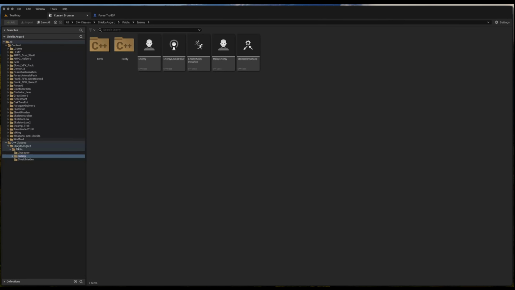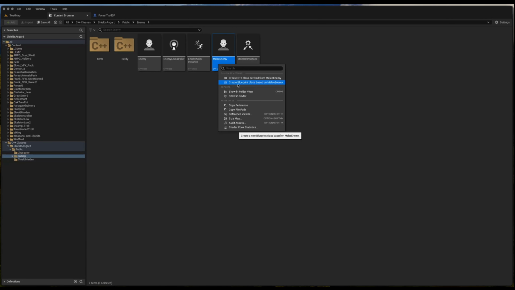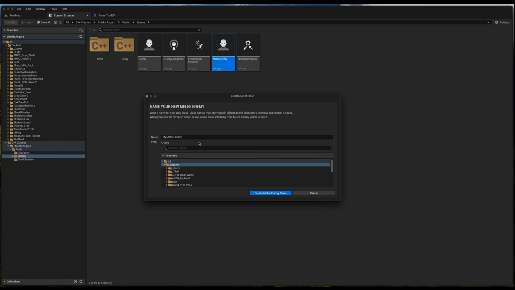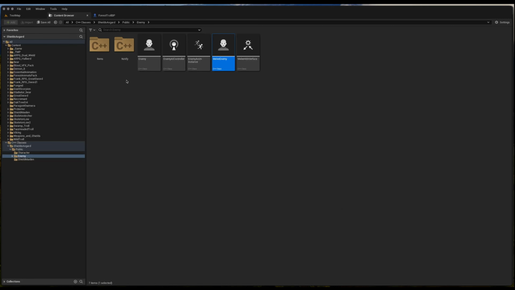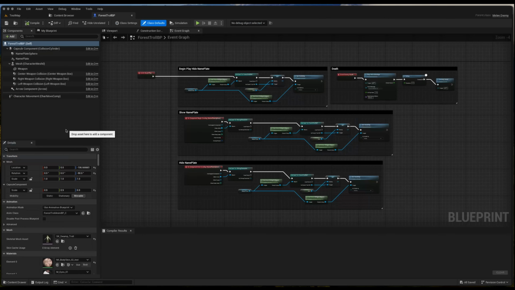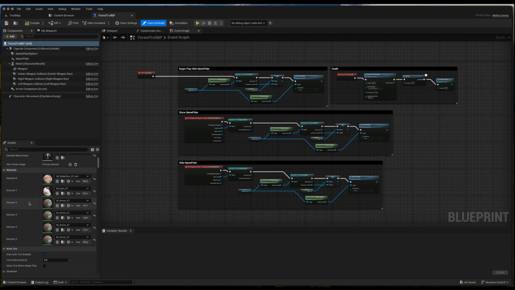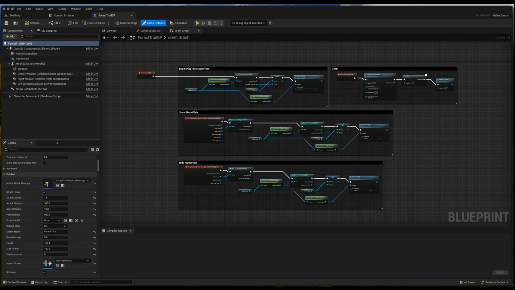now if we go in here to the enemy, and then we go to the melee enemy, we have the enemy class here, and then we have melee enemy that extends from that. You can come in here and create a blueprint class based on melee enemy, which is going to be rewritten, and you can create your blueprint class. And if we go to the blueprint class, you can see here when I scroll down,